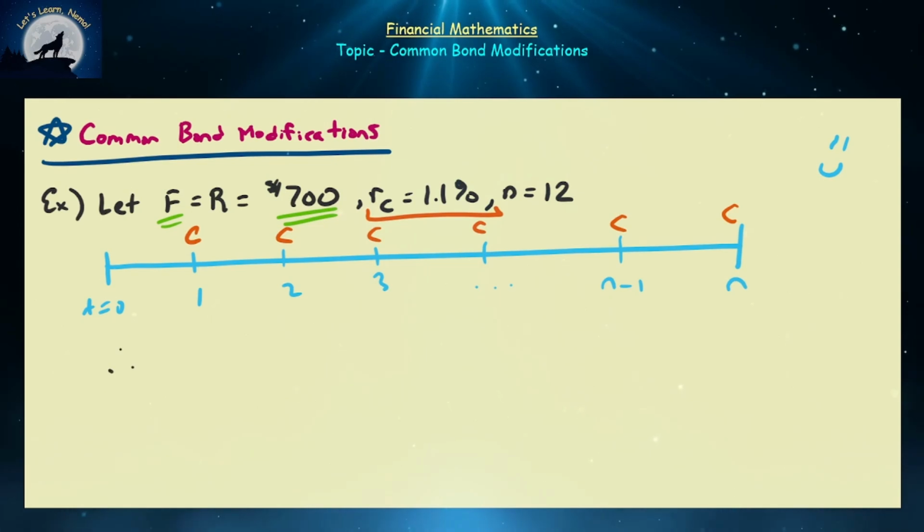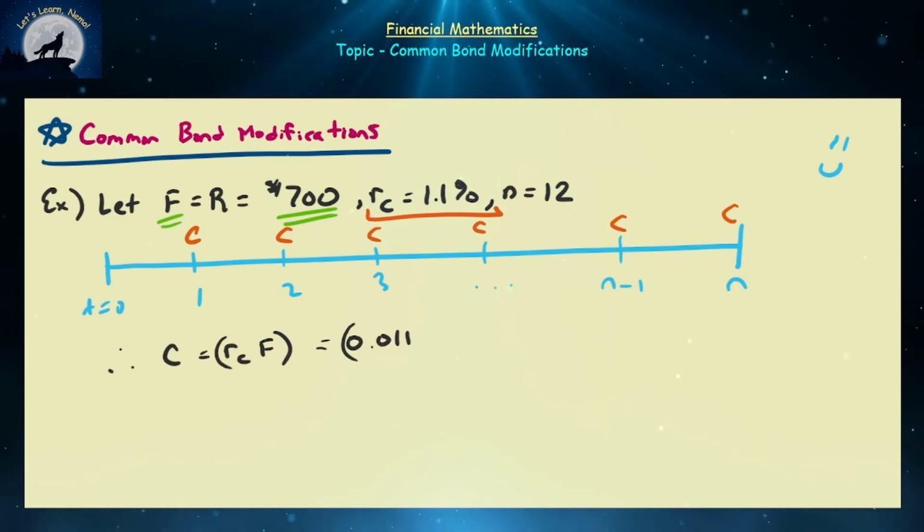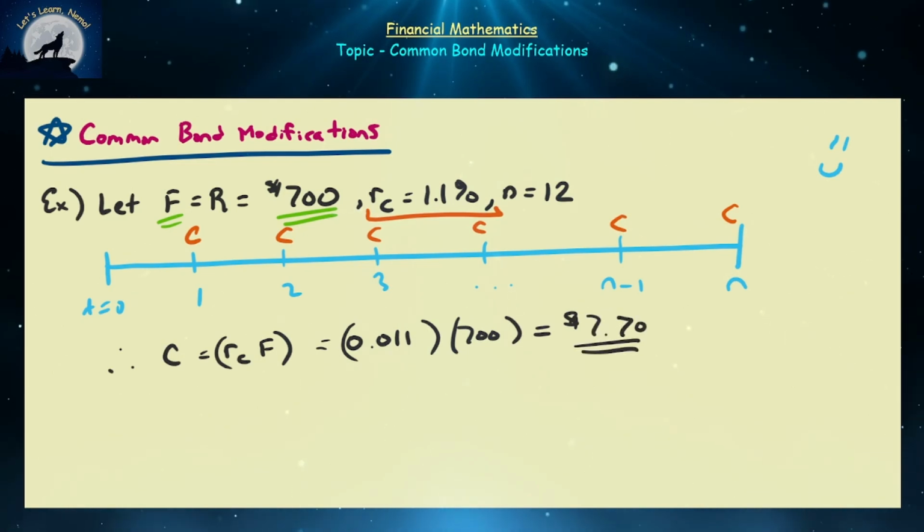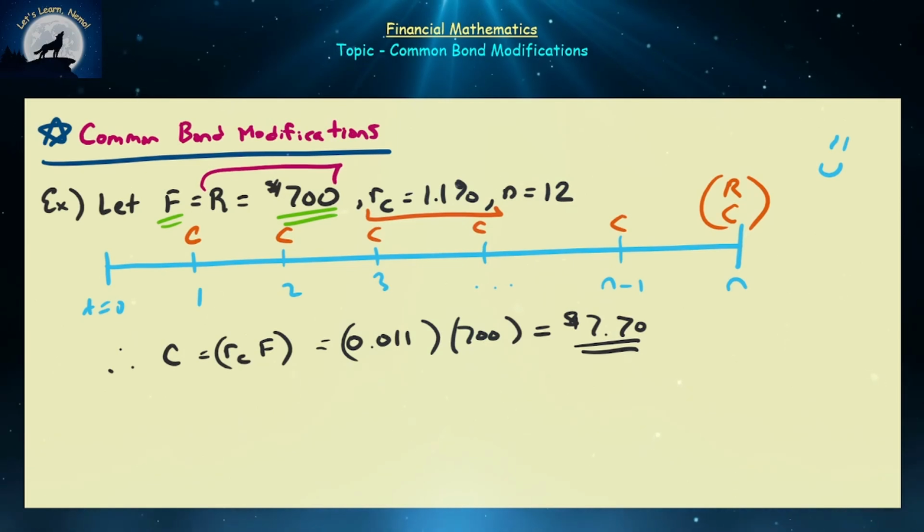So what will that be? That means our coupon payments will be equal to, generally speaking, r times F, which is going to be equal to 0.011 multiplied by our 700, and that's going to come out to approximately $7.70. In addition to these coupon payments, we're also going to get a redemption payment at time t is equal to n, and in this particular case that redemption payment is going to be in the amount of $700 as well. So each of these C's are $7.70, and then at time t is equal to n, we're going to get $7.70 in addition to $700,